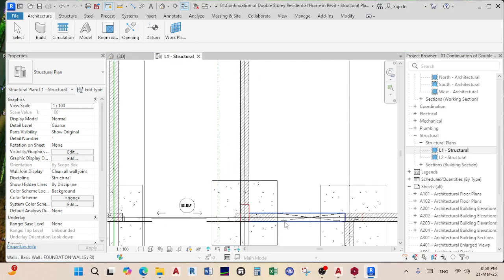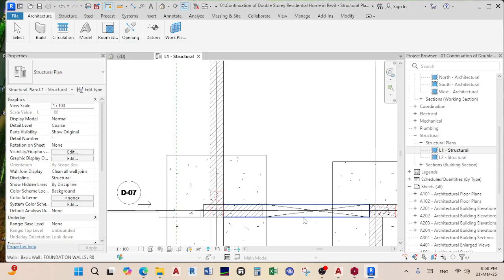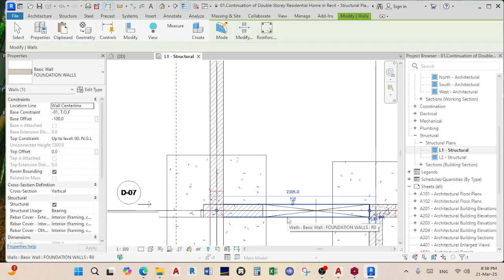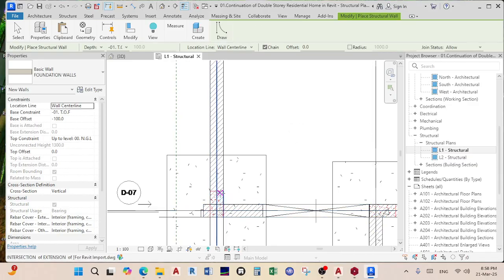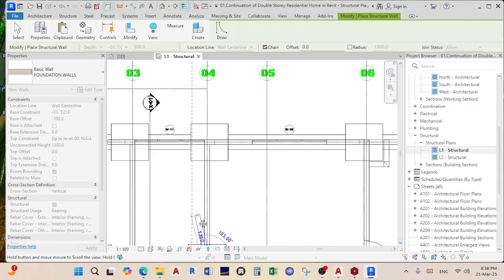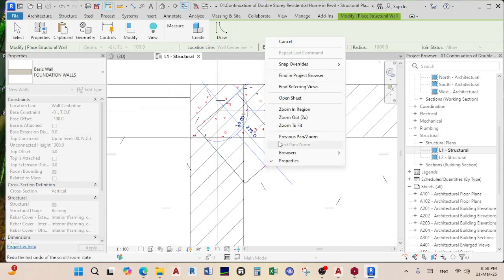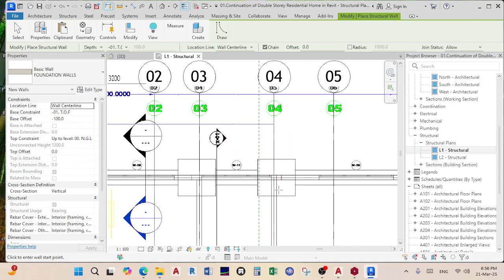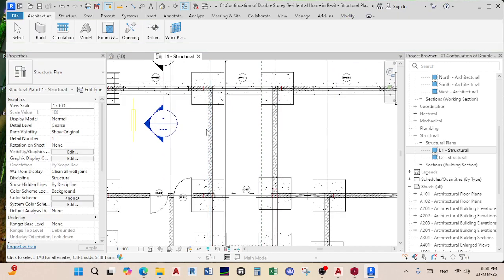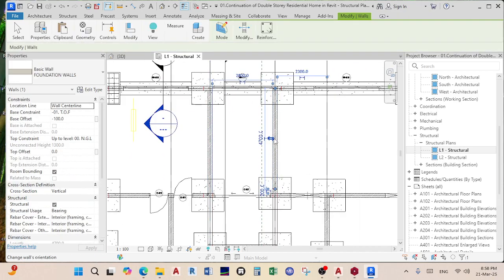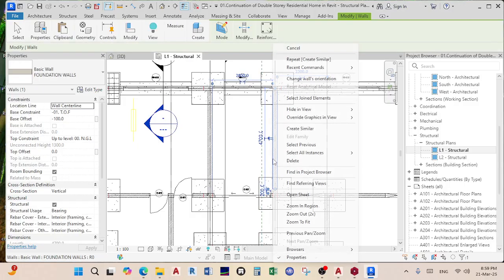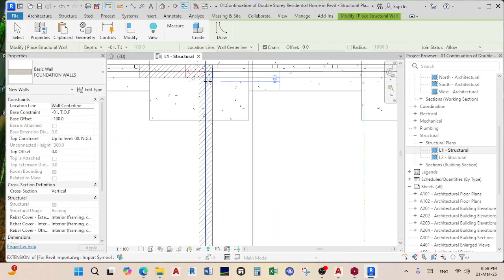Yeah, there's no wall here. And how I know that there's no wall is because when I hover over this, it tells me there's a foundation wall. When I hover over this, there's only an axis. So I'll select it, right click and say create similar, and then I'll create a foundation wall. Make sure that it meets the column like that, and then how about here? No, there's no wall. Select this wall, create similar from there